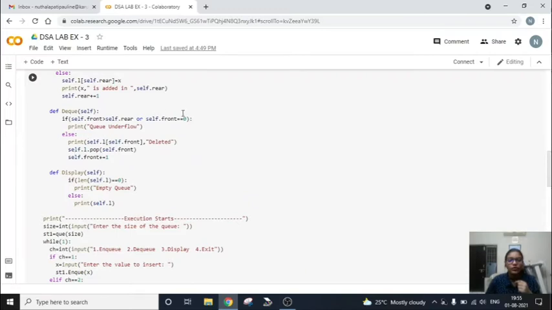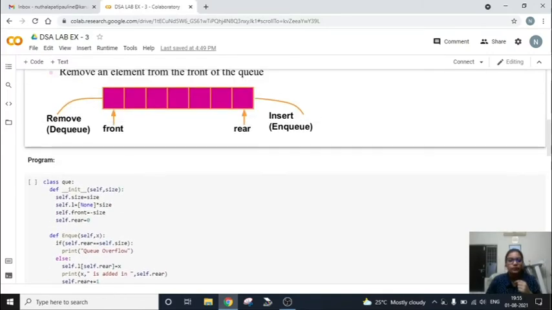So you cannot delete any values. You can insert, but you cannot delete. Or else the else part will be implemented. If the queue is having values, then it will delete the first value which is in the front.